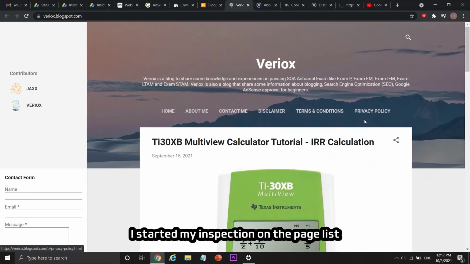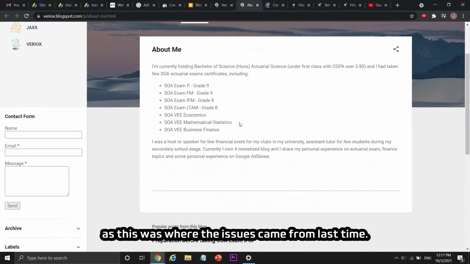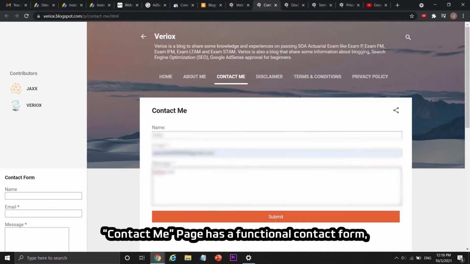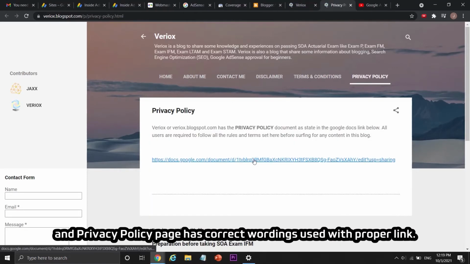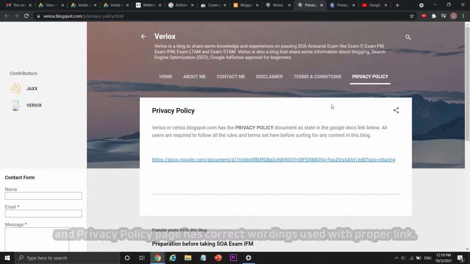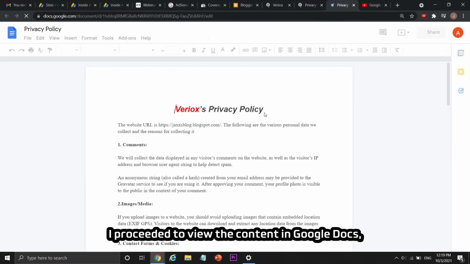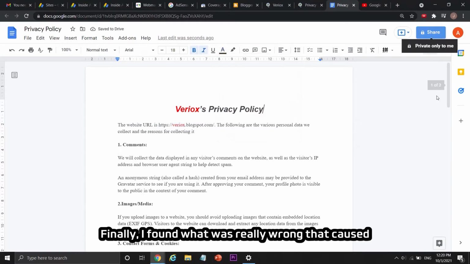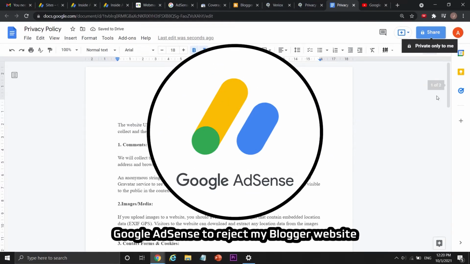I started my inspection on the page list as this was where the issues came from last time. The About Me page was okay, the Contact Me page has a functional contact form, and the Privacy Policy page has correct wordings used with proper link. I proceeded to view the content in Google Docs, then I fixed a minor naming issue in the first sentence. Finally, I found what was really wrong that caused Google AdSense to reject my Blogger website